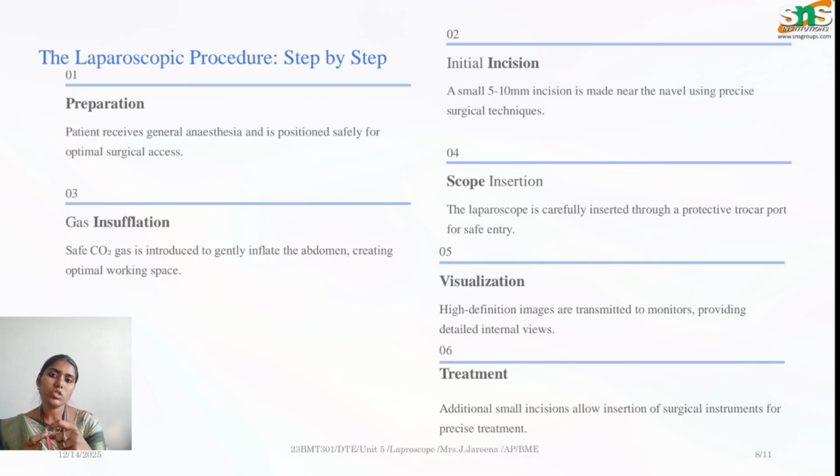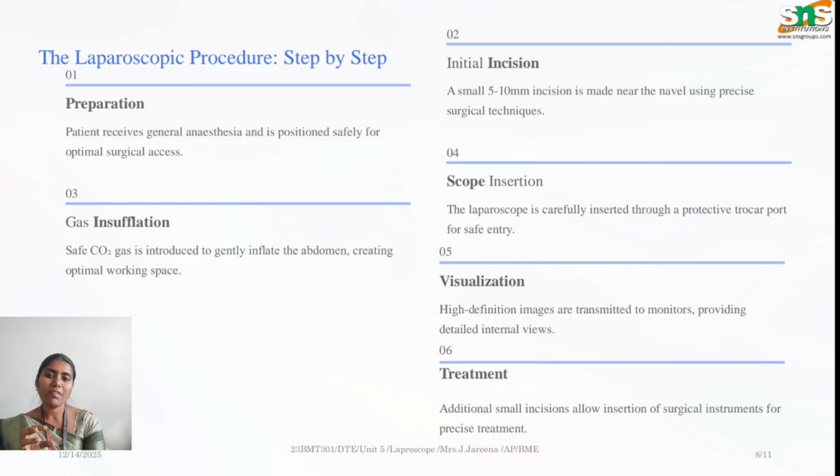And once the trocar is fixed at the targeted area, it is then slowly removed. And also it ensures the sealing of the incision port,